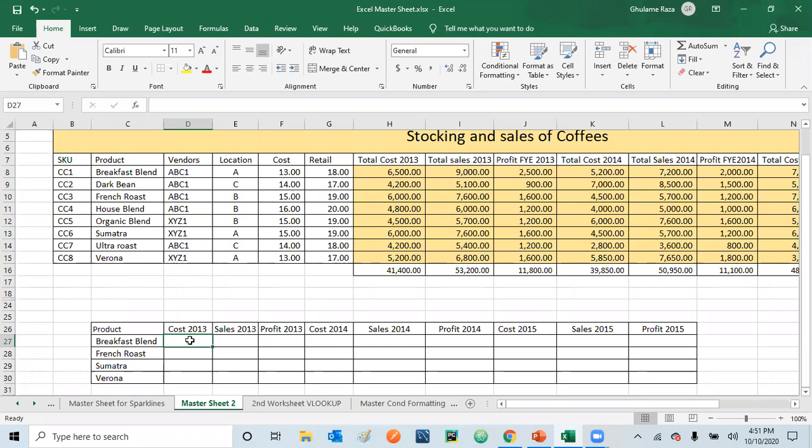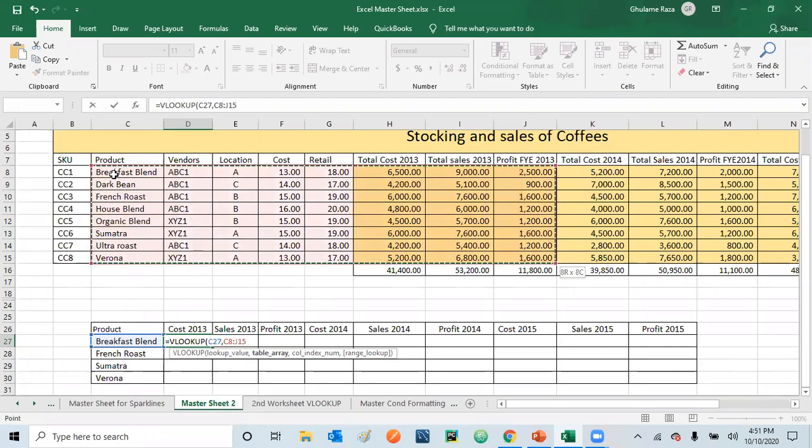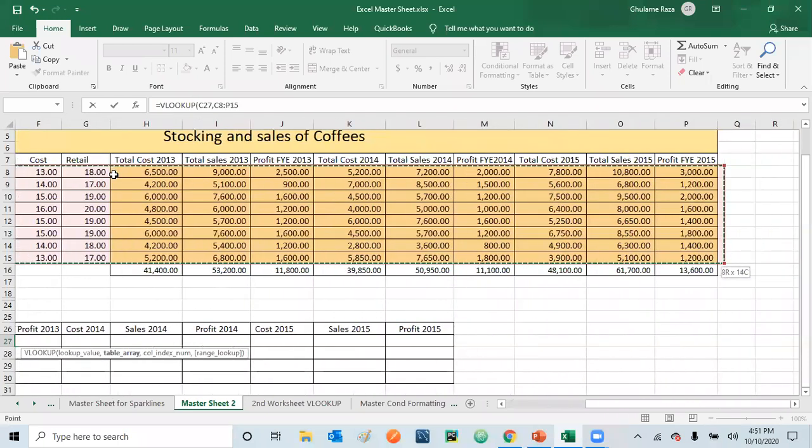So let's start working with the VLOOKUP. Equal VLOOKUP, and then lookup value. My lookup value is here, comma. Then it says table array. So again, I started my table with the product, so I'll be starting here from the product, and then I'll be selecting the entire table till this corner.